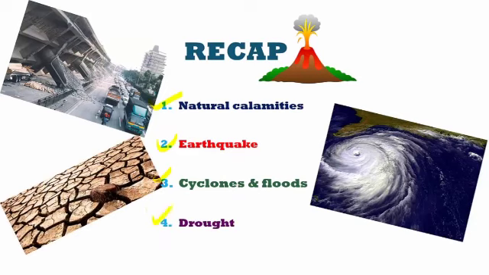Then we spoke about drought. Lastly, we saw that this is nothing but areas which are affected with rainfall which is less than the average rainfall, because of which there is no water and the plants die, animals die. If plants and animals die, it ultimately leads to human death because of starvation, which is called famine. So we spoke about these natural calamities. So with this, we complete this chapter.